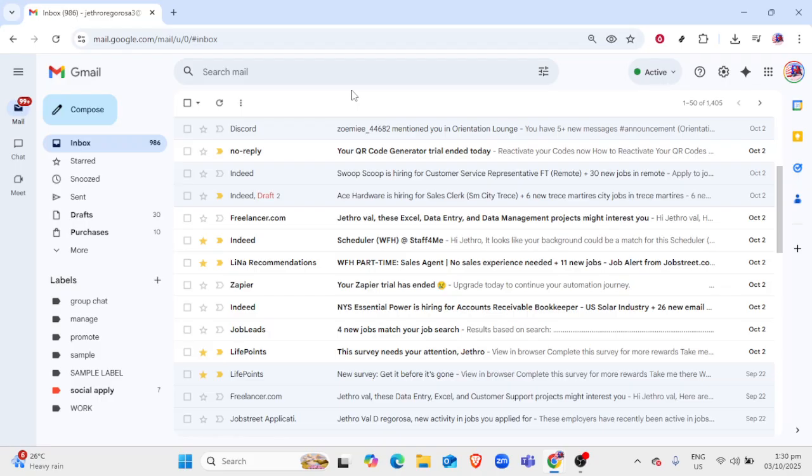First, open your web browser and navigate to Gmail. You'll need to log in if you haven't already. Once you're in, go ahead and click on the Compose button located on the upper left corner of the page to start a new email message. If you're responding to an email, simply open that email and click on Reply or Reply to All, depending on